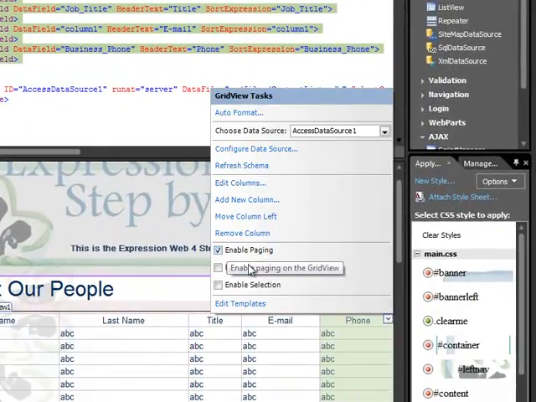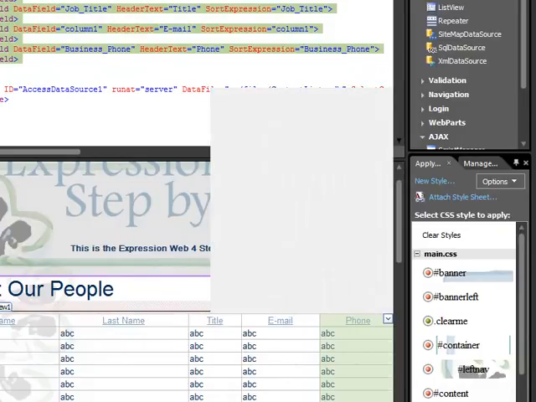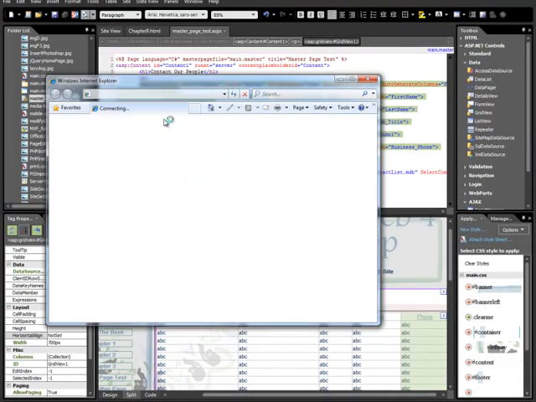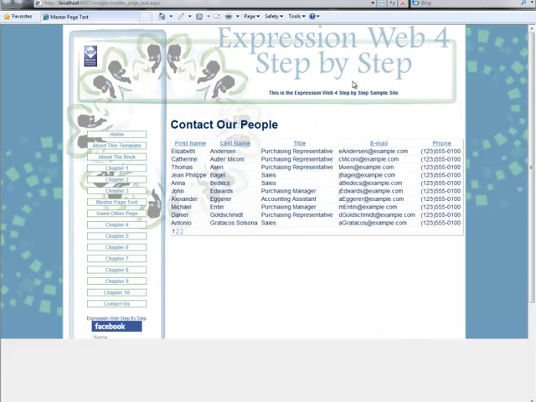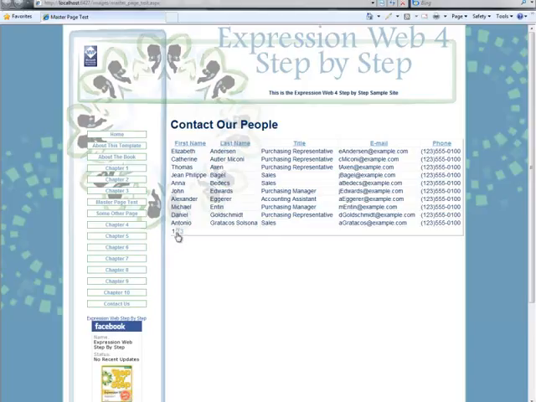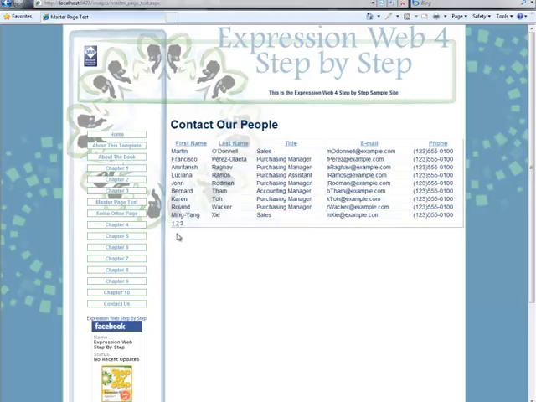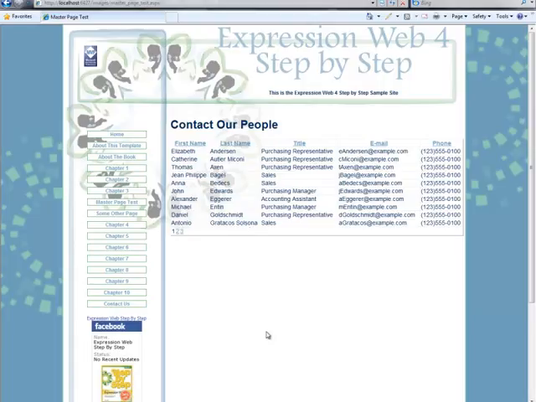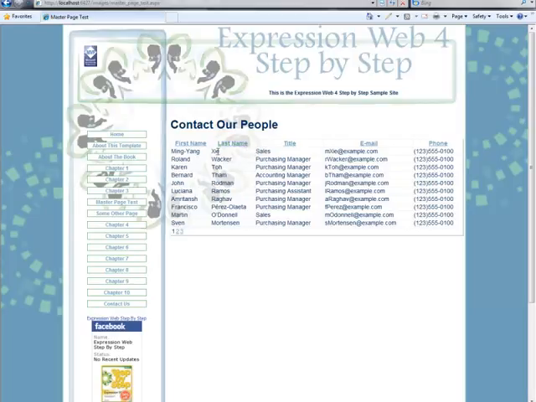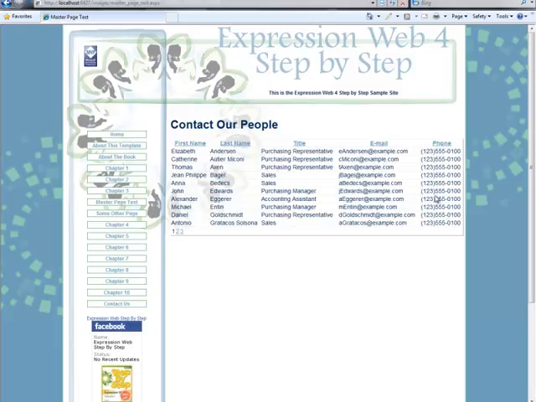Enable paging, enable sorting, and then we can save it once more, throw it back out to the browser, and now you can see that we've got 3 pages instead of a big long table. And if we wanted to, we can sort by last name. It goes from Anderson to Z, or we can sort by phone number, which is ridiculous because it's all 123 area code, and come back